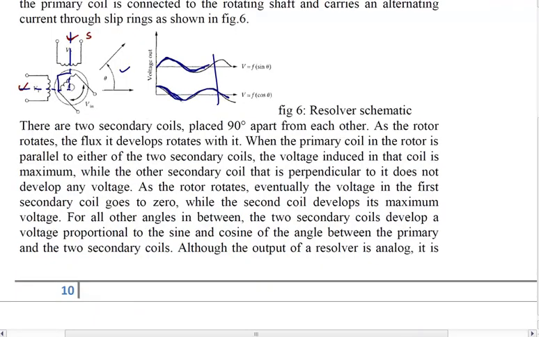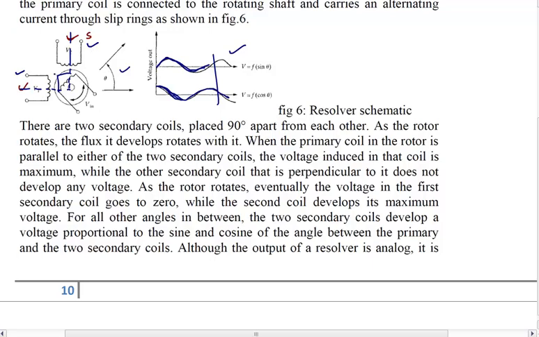So you might be asking that if we can find out the position with this voltage, we only need one of the voltages. There is no need for two voltages. Let me explain to you. See, V1 is the voltage of this coil and V2 is the voltage of this coil.